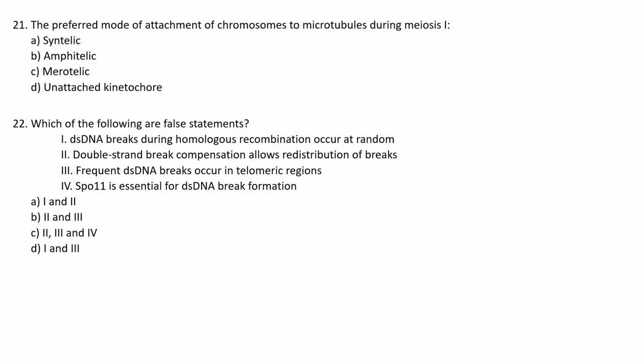DSB compensation means there are some set hotspots where the ds-DNA breaks can take place more often. Suppose there is some point A and point B and point C,